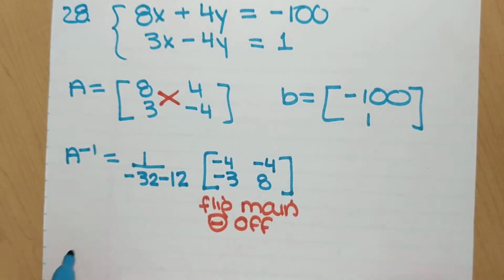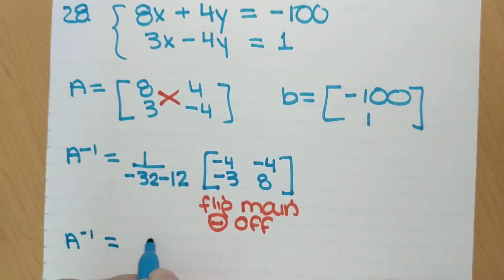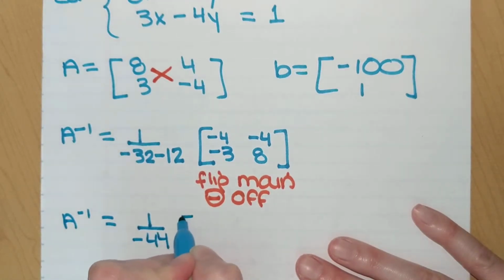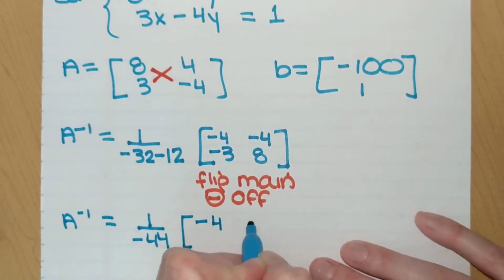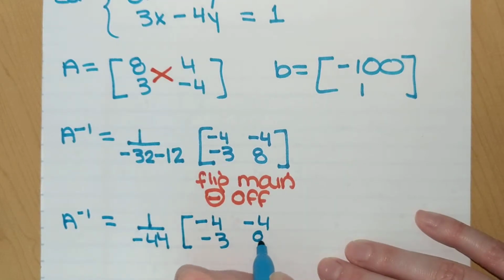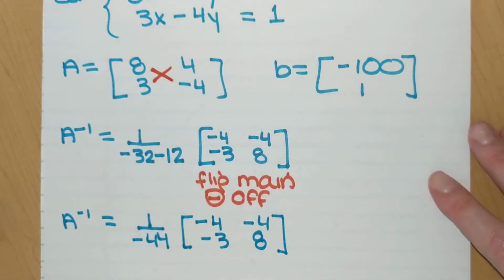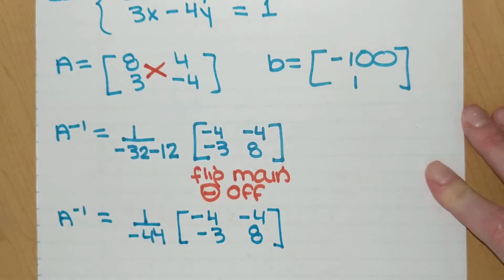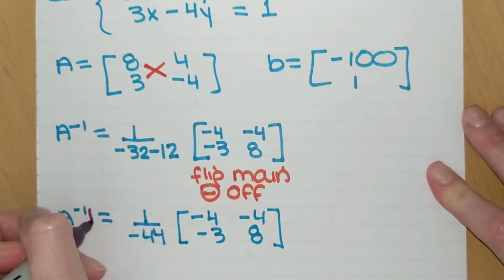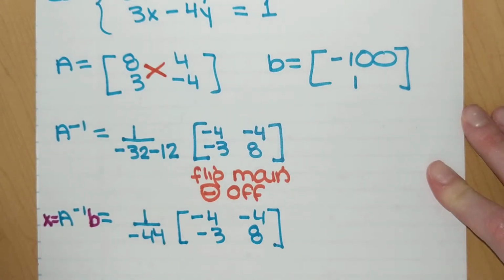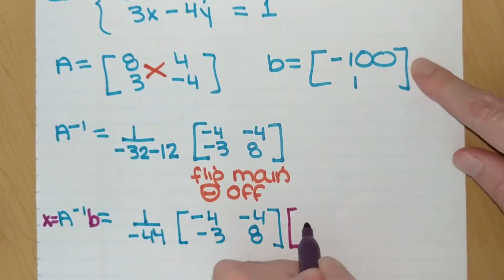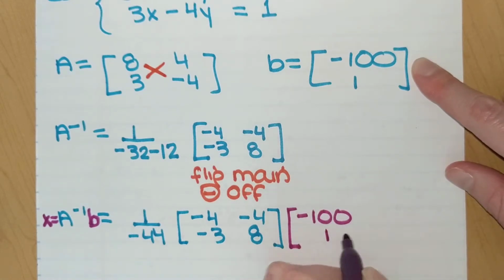All right, so that gives us that A inverse is equal to 1 over negative 44, and then we have our negative 4, negative 4, negative 3, and 8. Now, the idea is that the solution x will be given by A inverse multiplied by the B vector. So we're going to take all of this A inverse and multiply it by the B vector of negative 100